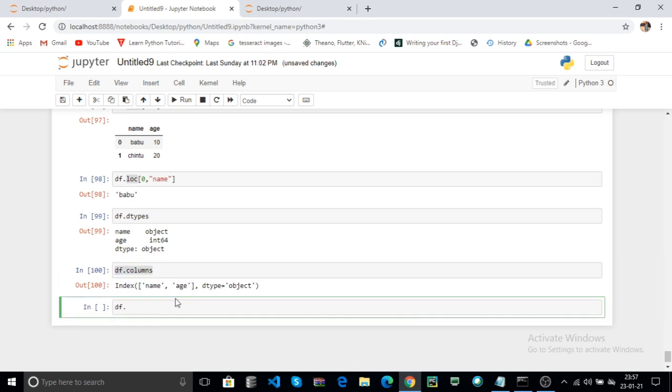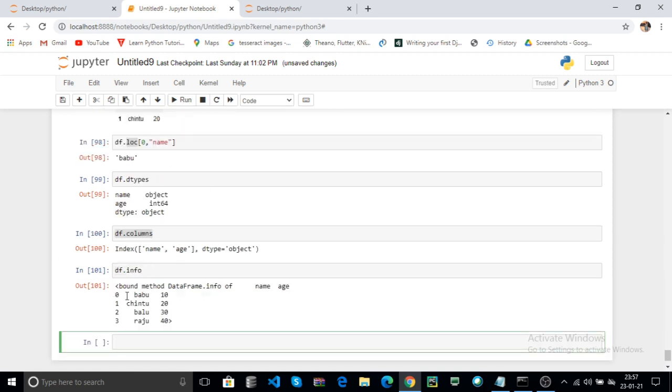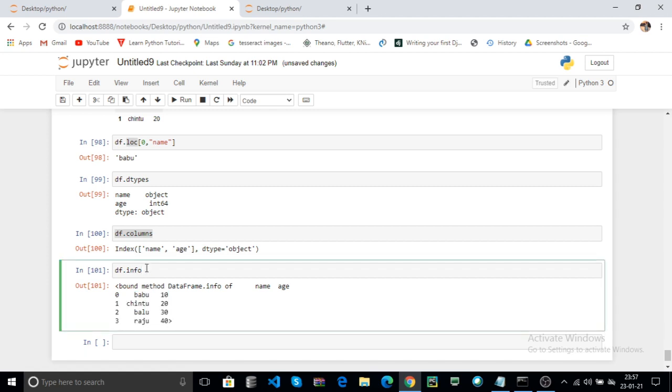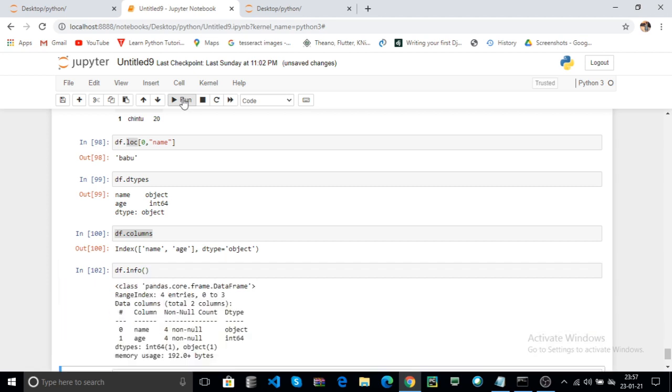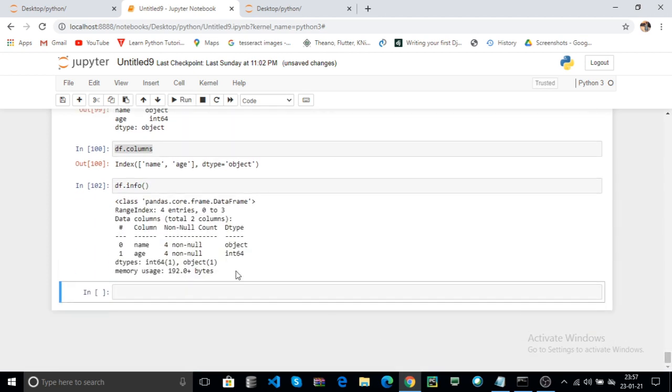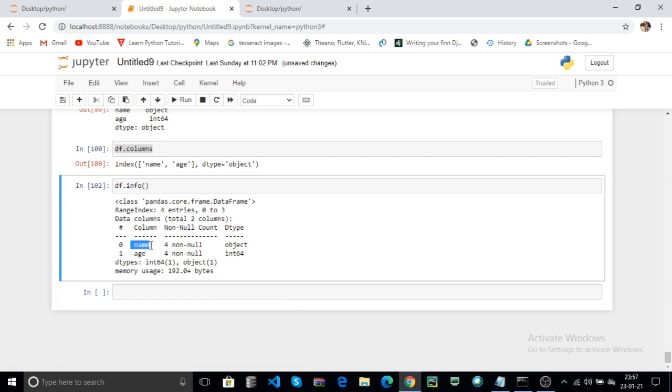Here the name and age are the columns in your data frame. Here you can also use df.info. It returns the information about your data frame. Here name is a column and age is a column. Here the name and age do not have any null values. That means if there are any null values, it returns the null with their count.